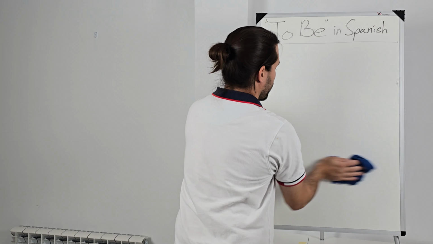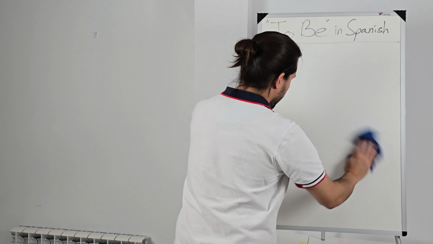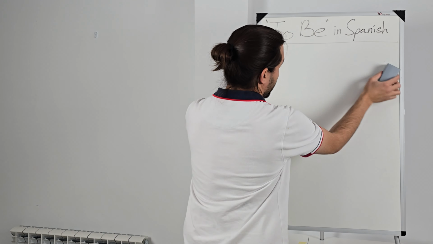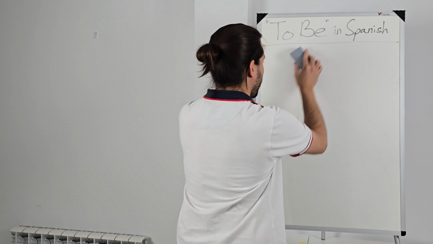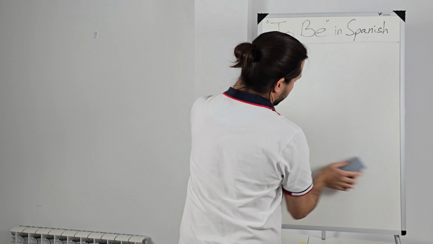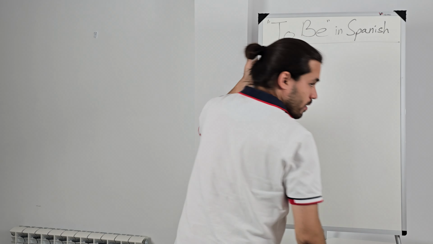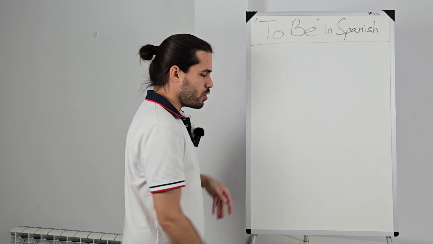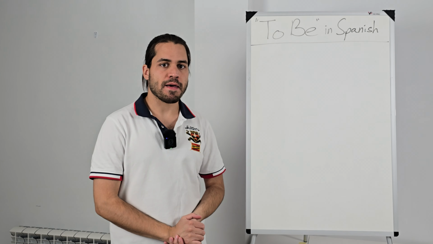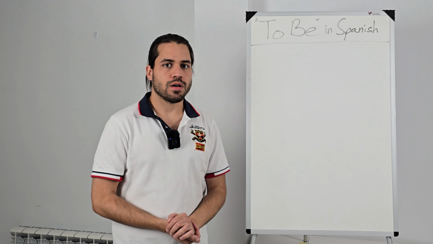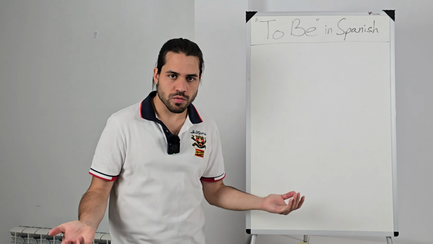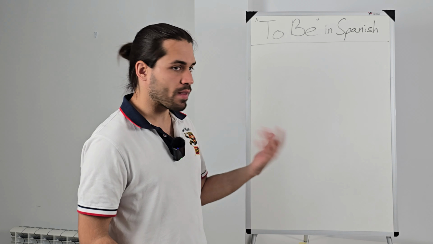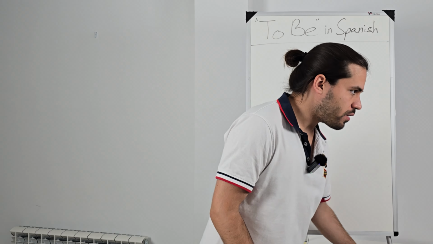So, even though I said earlier that this applies to permanent states, yes, you could have a profession at one time, but then you could do something else. We still use that permanent state of being said, right? You could be a pilot one moment, and then next year you're working as, I don't know, a doctor or something. It's probably not going to happen, but you get the point. You'd still use ser if that's your current occupation, even if it does change in the future.